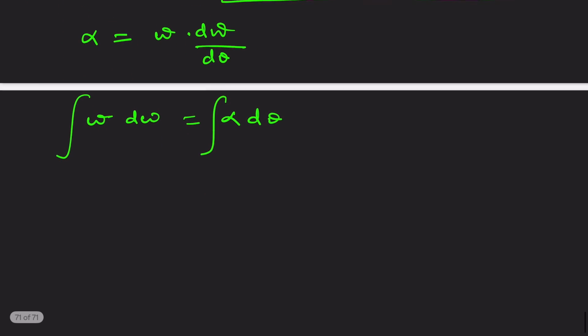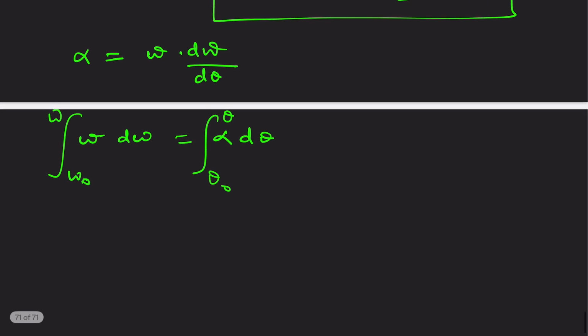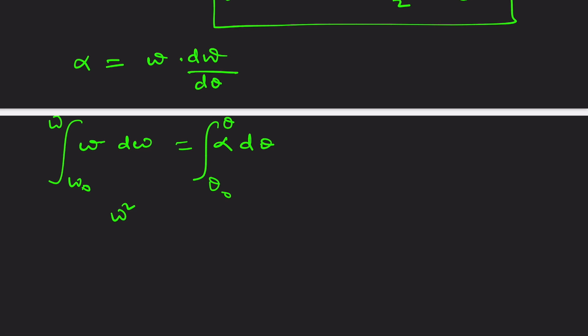I hope you're getting my point, what I'm trying to convey here, guys. So omega d omega is equal to alpha d theta. Now, guys, put the limits. Omega naught is initial, later is omega, and initial is theta naught, later is theta, let's say. So it will become omega square by 2 minus omega naught square by 2, and this will be alpha